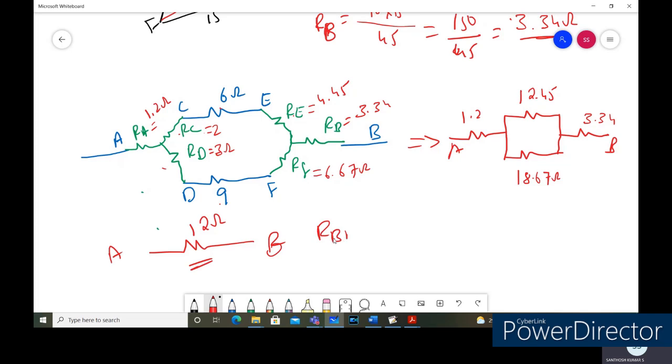So this is R AB, the equivalent value. So it is 12 ohms we'll get here. So this is how we can use the concept of the star delta transformation in order to convert a given complicated network into the simplest one, and we'll get the